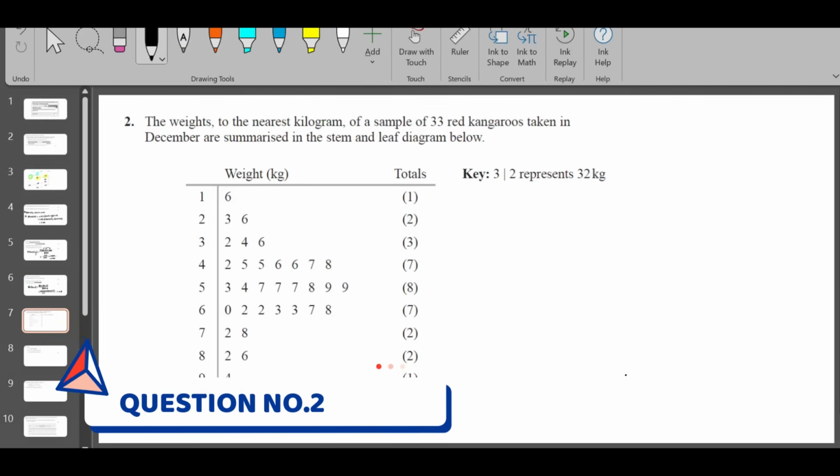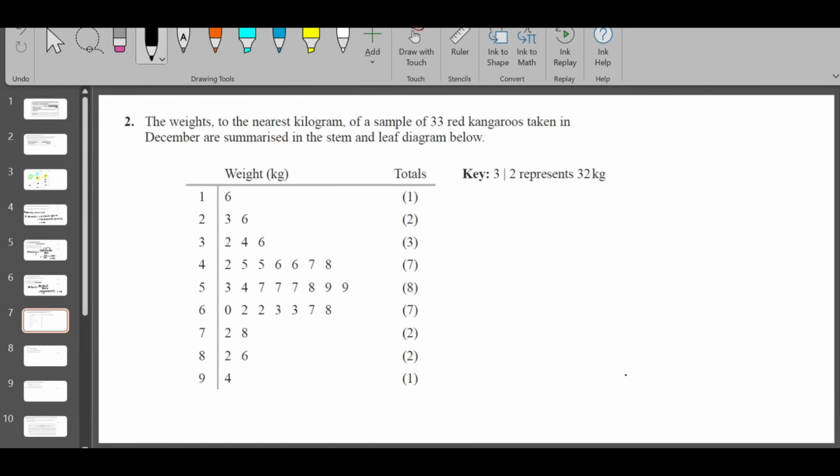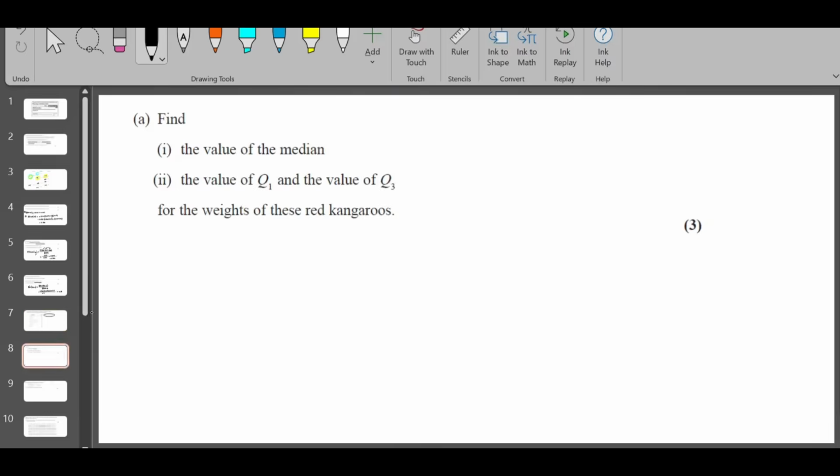Question number 2 now. The weights to the nearest kilogram of a sample of 33 red kangaroos taken in December are summarized in the stem and leaf diagram below. Always take note of the key of the stem and leaf diagram. So if you see 3 bar 2, that's considered 32 kilograms. Let's read further. Part A, find the value of the median, the value of Q1 and Q3 for the weights